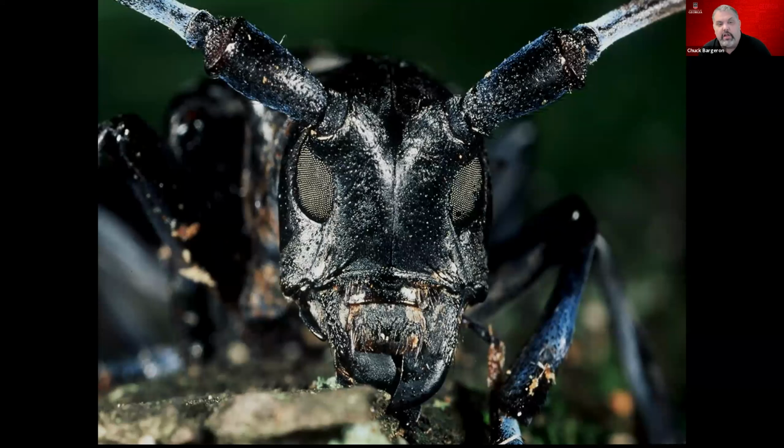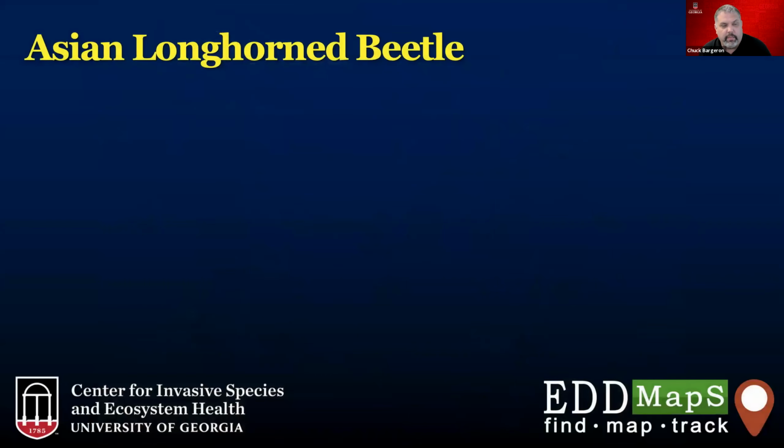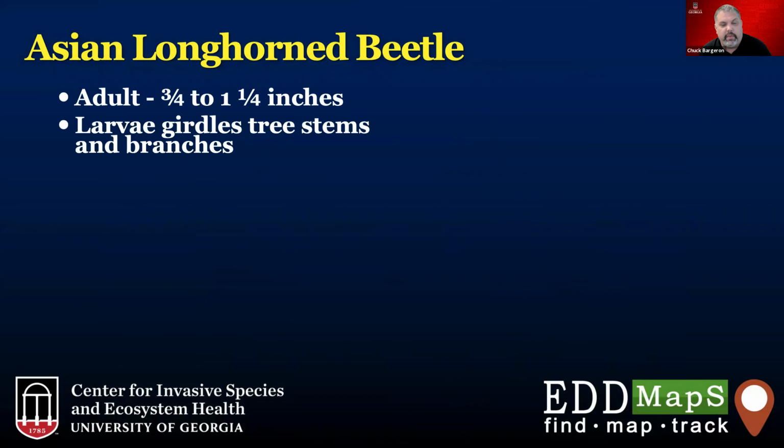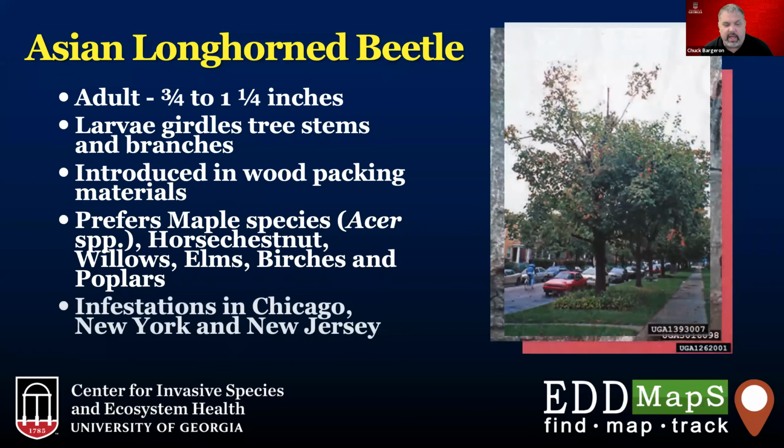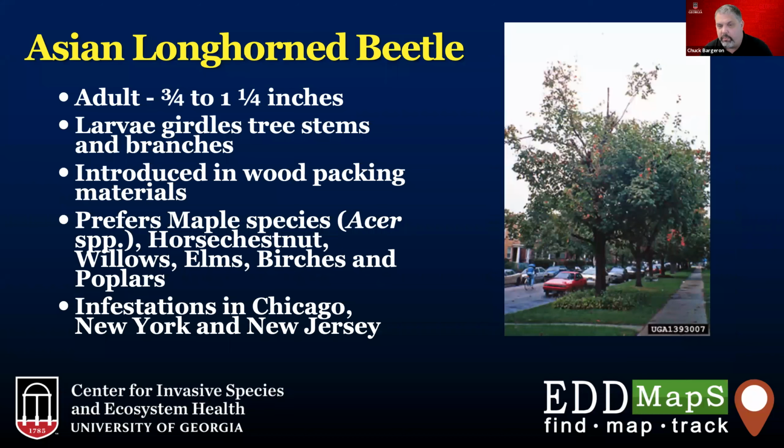Another big tree pest is the Asian longhorn beetle. The Asian longhorn beetle is a black, typically black and white, or a bluish color beetle. It prefers maple trees. It has been an interesting one because there have been populations that have jumped around. There was a population in Chicago,